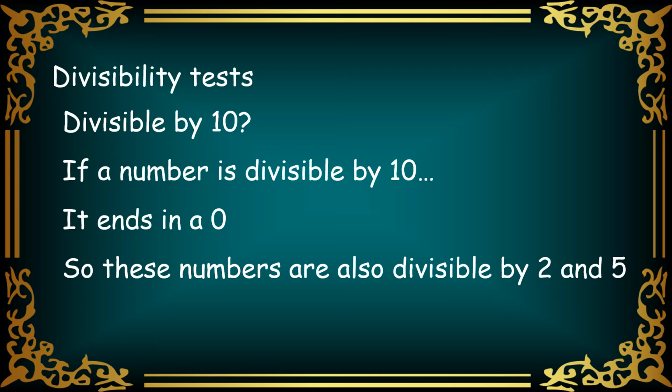If a number is divisible by 10, it ends in a 0. So these numbers are also divisible by 2 and 5. Remember this, because a 0 comes in the table of 2 as well. Right? The test of divisibility of 2, when we were learning it,